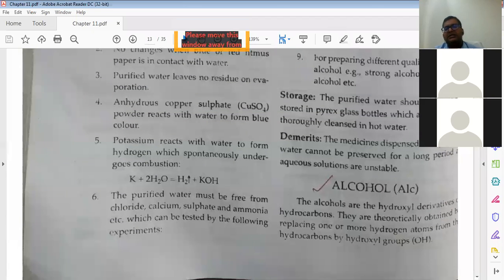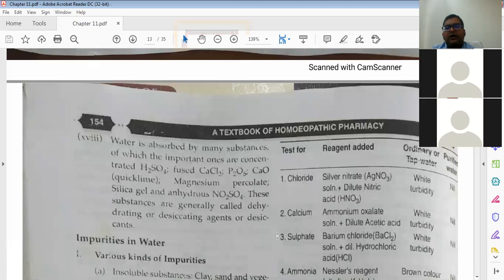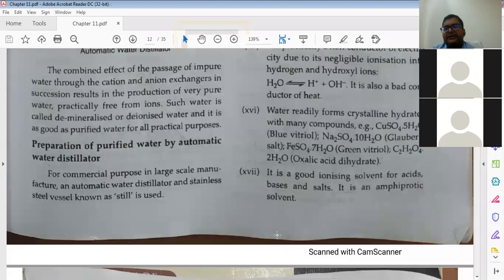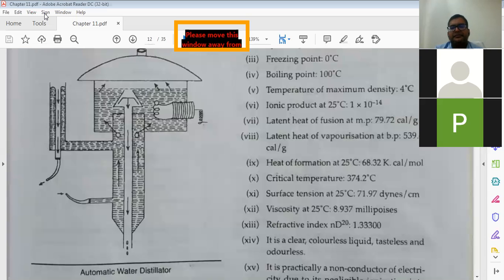Alcohol we will see next time. If till here you have any doubt, anything you want to ask, or any confusion about any terms, or you just go through these topics, we can discuss in the next class also. If you have any doubt, please tell. Yes, sir. Okay, and just go through it.